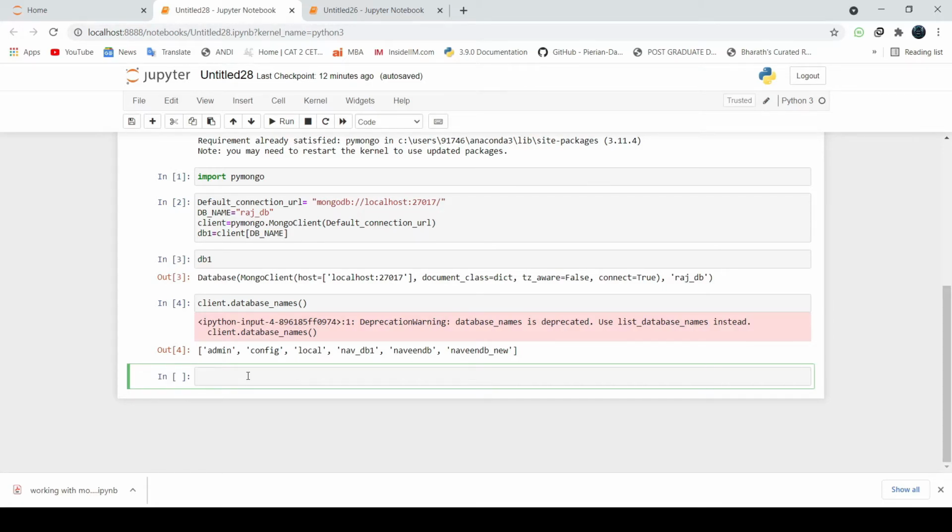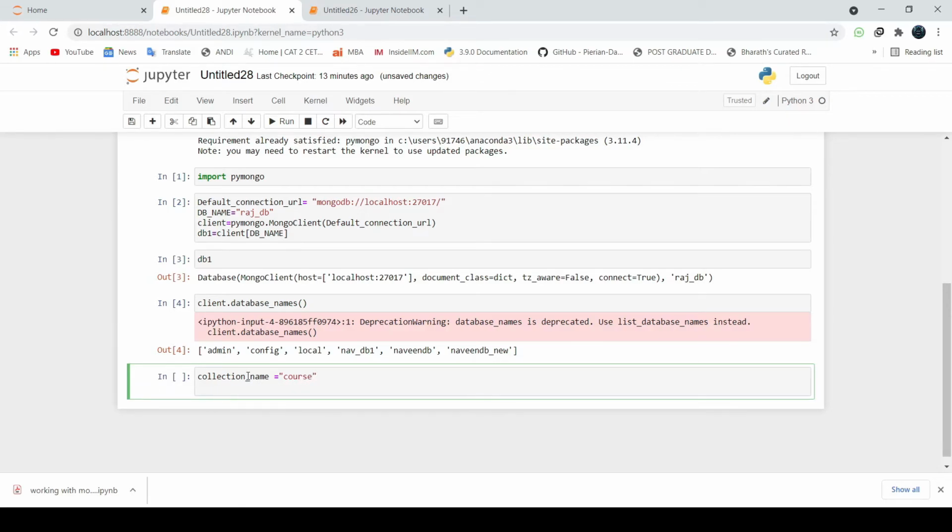And yeah, there is a key and value pair. Let me show you collection name. Let's give it a name. Collection name equals, any name which you can give. For example, course is a collection name. Fine.